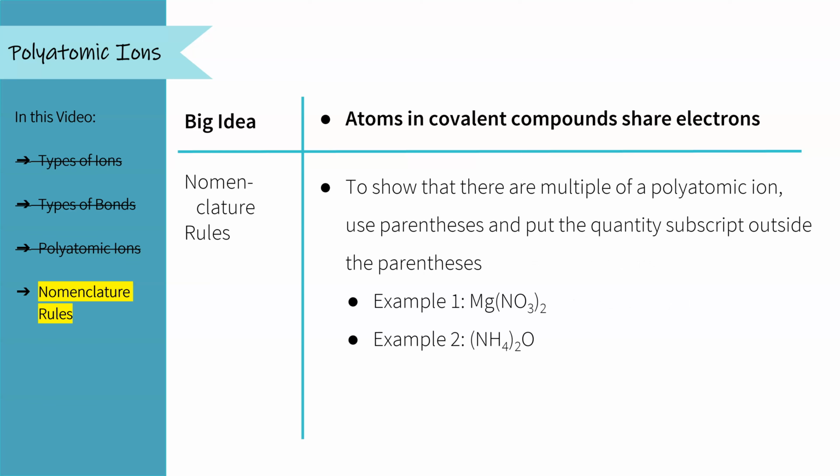The other interesting piece is in the formulas. When we have more than one of a polyatomic ion, we'll wrap the polyatomic ion in parentheses and then put a subscript on the outside to show how many polyatomic ions there are. So in our first example, we have magnesium nitrate. We have one magnesium. Nitrate is NO3, wrap it in parentheses, and put the 2 on the outside. Our second example is ammonium oxide. We have 2 NH4s, 2 ammoniums, so we'll wrap that NH4 in parentheses, put a 2 on the outside, and then put our single